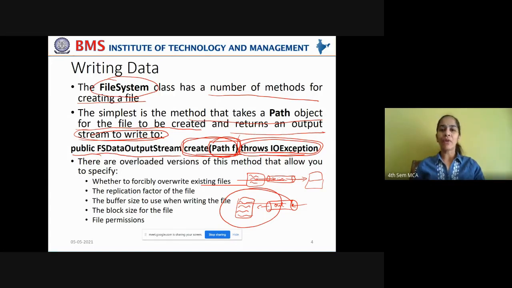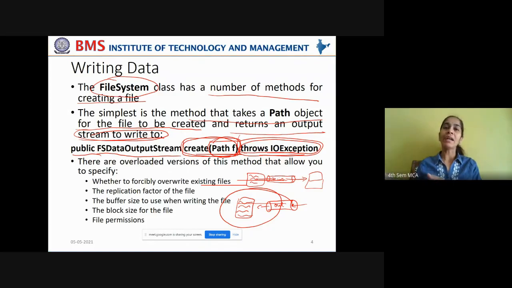If you want to create a file and the file does not exist, the file will be safely created. But if the file already exists, then what will happen? If you're trying to write some data to the already existing file, that data will be written at the end of the file, from where the last write has completed. It means in the initial state, you have written some data to the file. Now the file cursor will be here. Now the data that is newly being written will be written from this end.